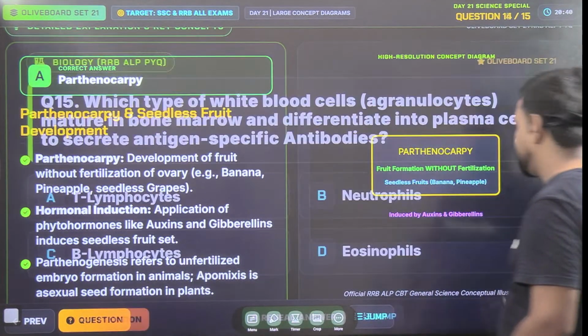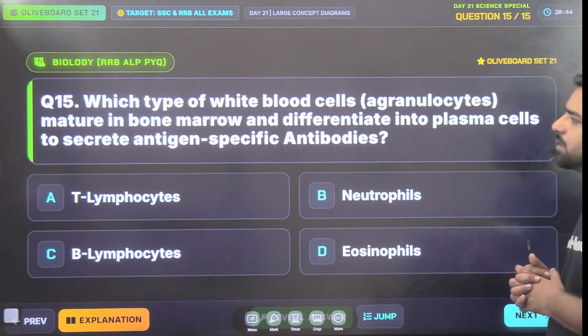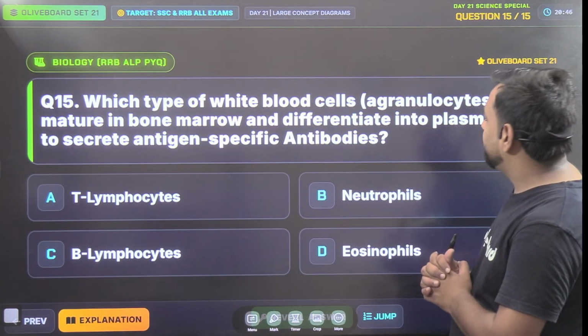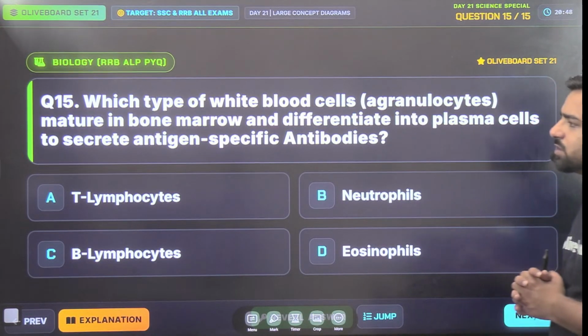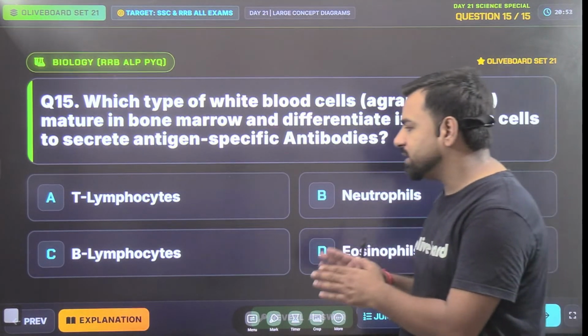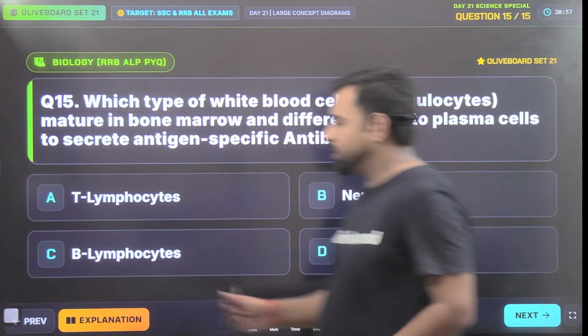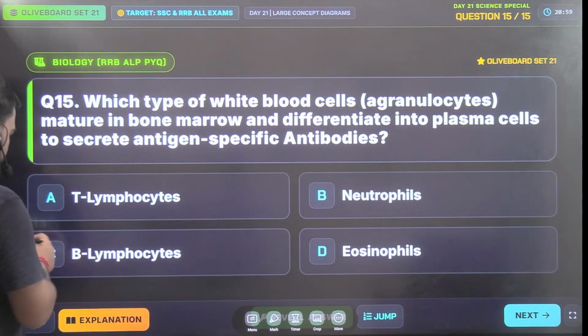Now it's the final question, and that's the homework question for you all. Which type of white blood cell matures in bone marrow and differentiates into plasma cells to secrete antigen specific antibodies? Will it be T lymphocytes, B lymphocytes, neutrophils or eosinophils? Let me know in the comment section what will be the correct answer,